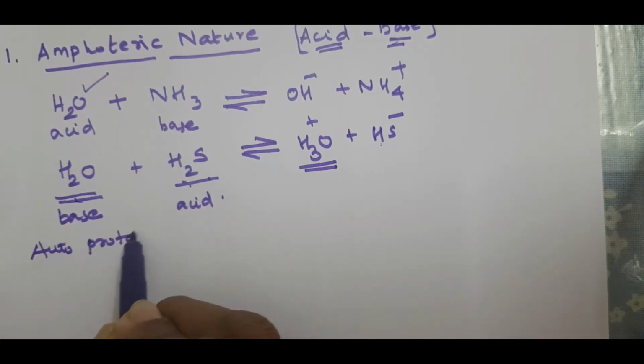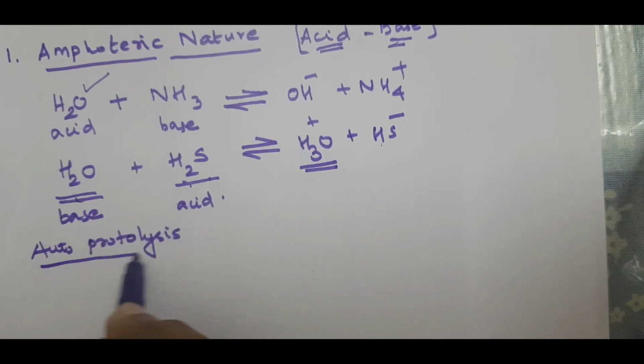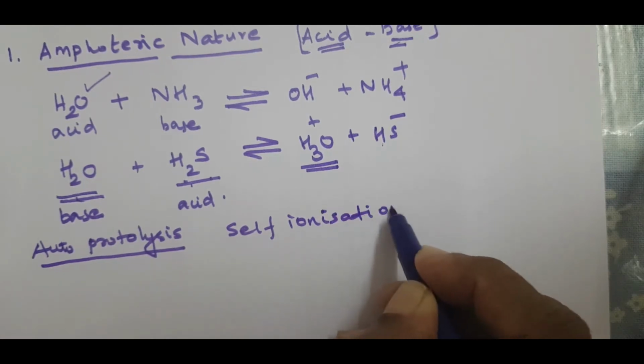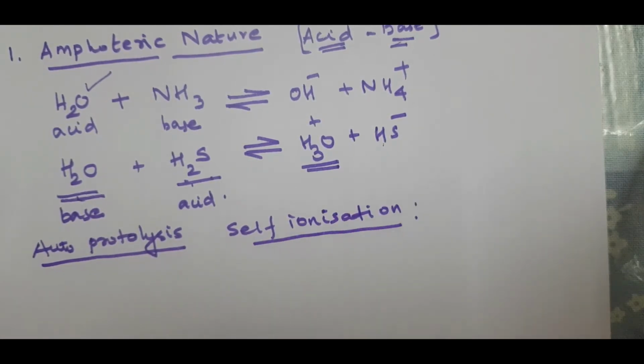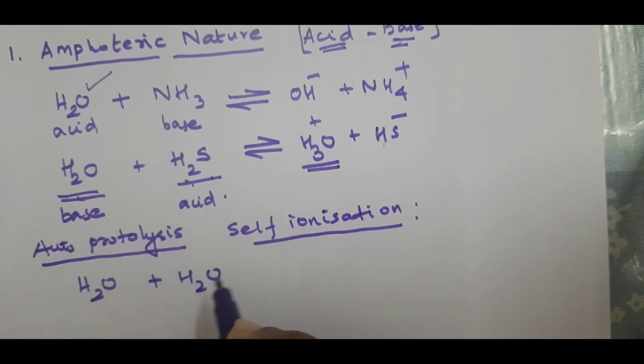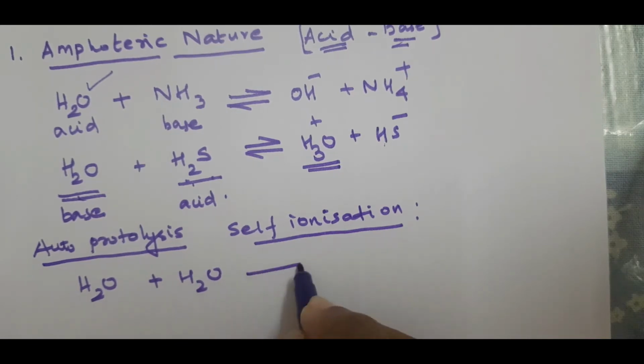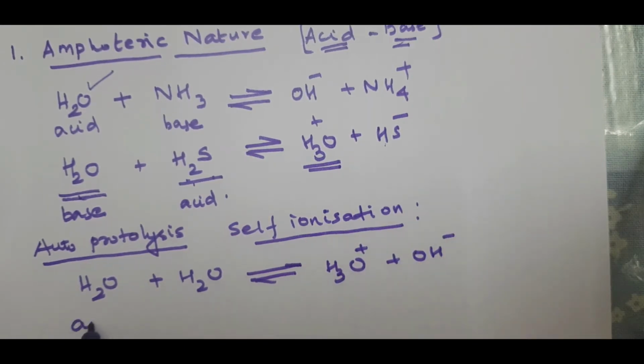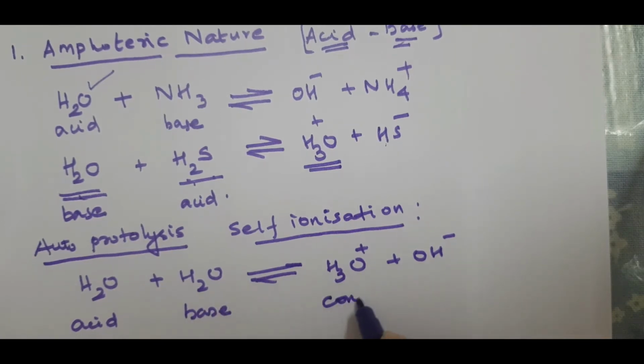Okay, then again water has an ability to undergo self-ionization, or you will call it autoprotolysis. What is it? Autoprotolysis means self-ionization. So water has also the ability to undergo autoprotolysis. See, in this case, one molecule reacts with another molecule. That means it acts as both acid as well as a base to form H3O plus plus OH minus ion. If I say this is acid and this is base, now I can say this is the conjugate acid and this is the conjugate base.